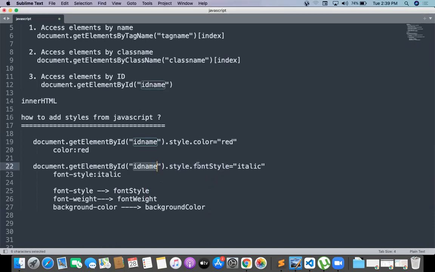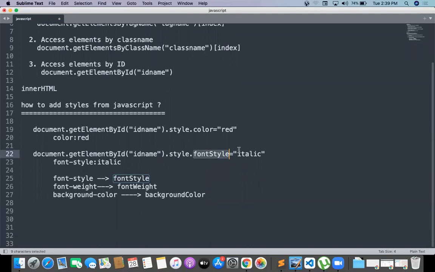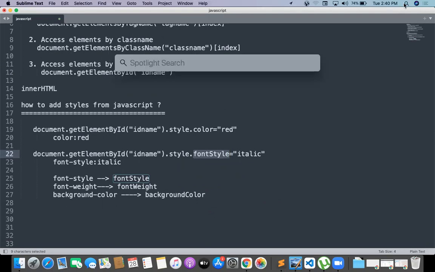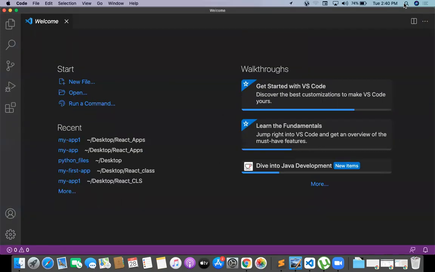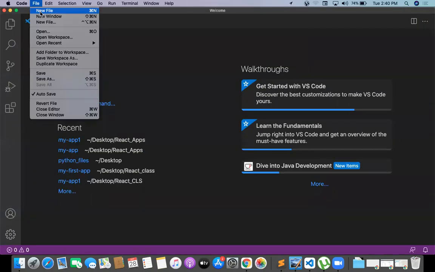So let me go and do one simple application which is going to have some ID, and we are going to provide a lot of properties to change the style dynamically. So let us do one simple application through the events. Yesterday we had some events like key up, key press. Those events I will also cover. And before that, this is the new file which is going to apply the styles.